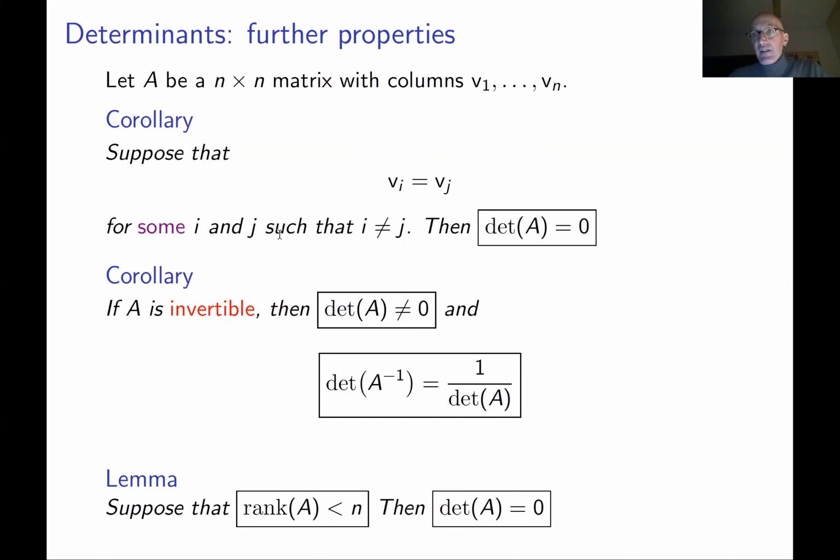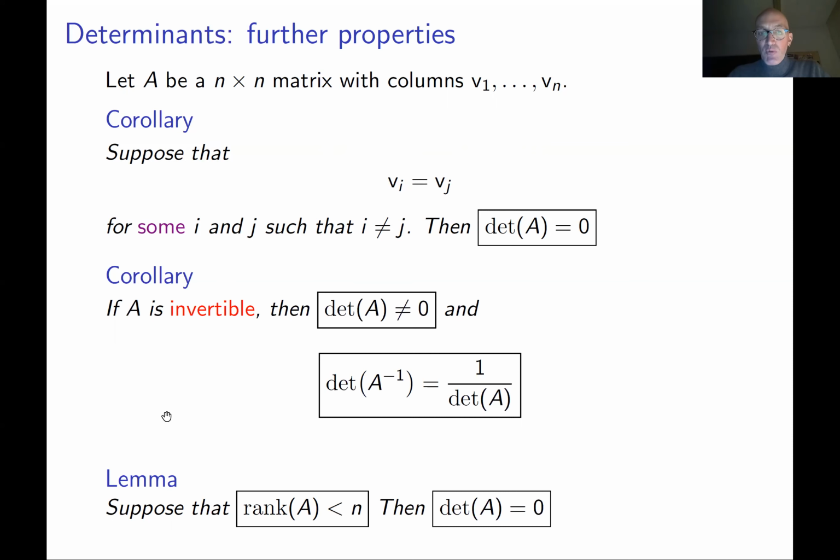So if they're linearly dependent, this in particular means that one of these columns can be expressed as a linear combination of other columns. We mentioned this in the previous lecture. This is one of the equivalent definitions for being linearly dependent. If you look here, this exactly means that the columns are linearly dependent, because two of them are the same. This is actually a linear dependence relation between these two columns. So this is a special case of this lemma.